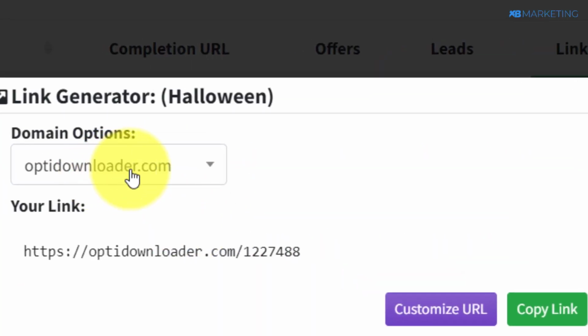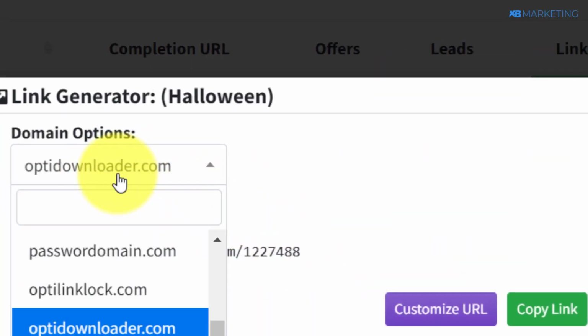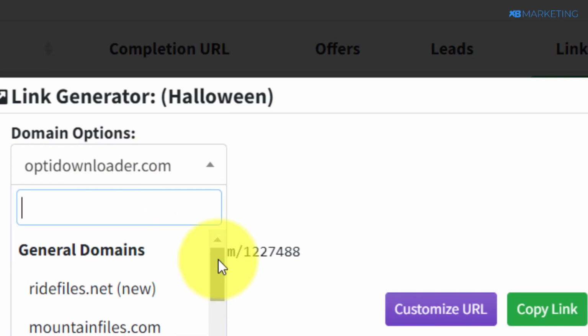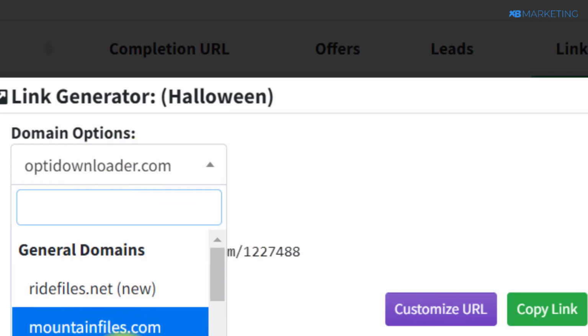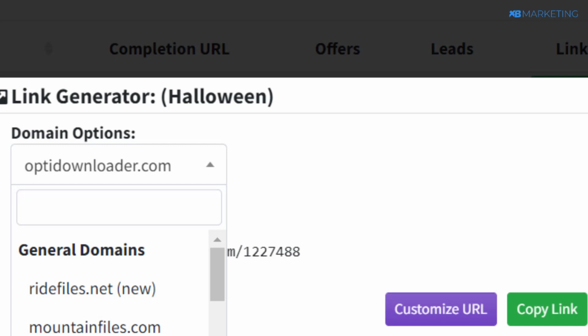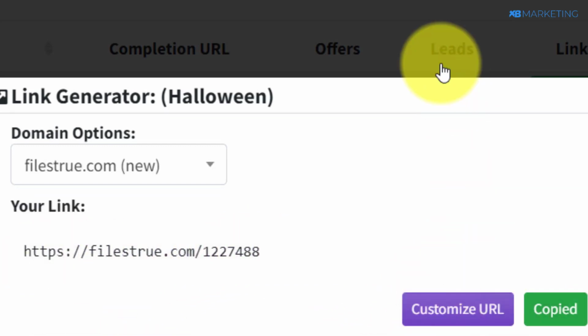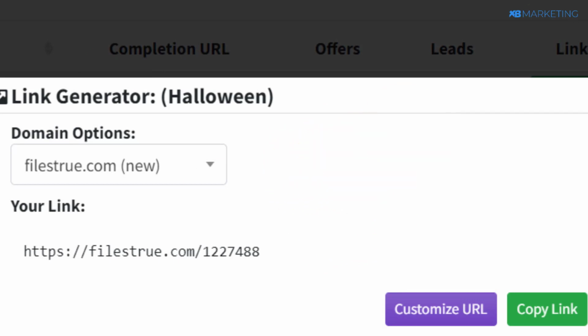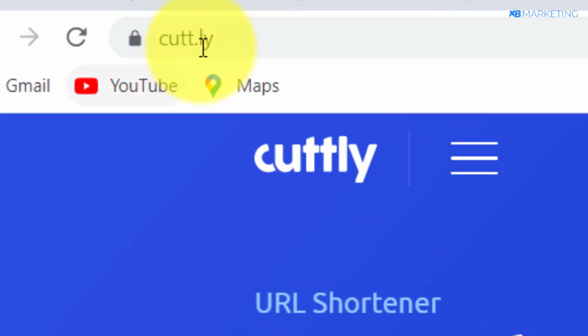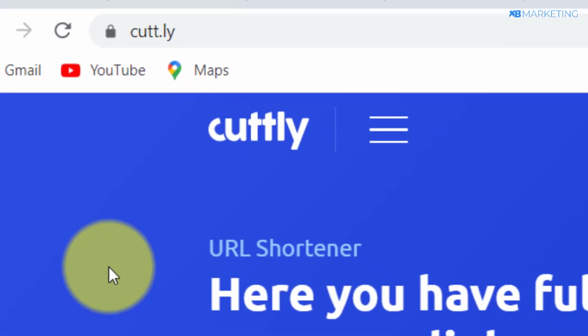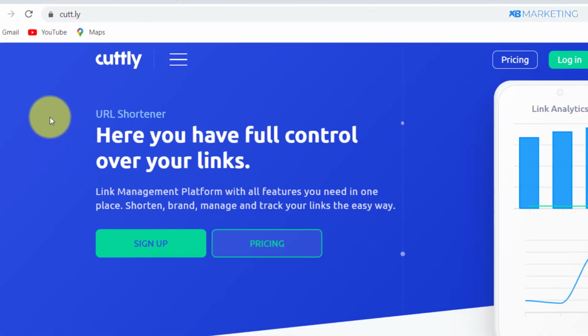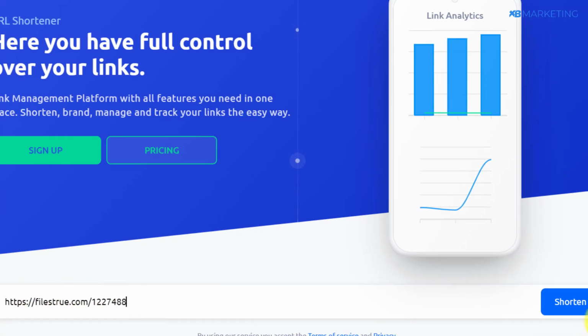Once you click on the get link section, copy the link to that content locker. Then scroll up and use one of these new domains. I'm going to take this one as an example. Copy this domain name and go over to this website. You may be wondering, why don't you create a landing page? That is because it's not necessary to create a landing page for this method. All you need to do is shorten this content locker link.